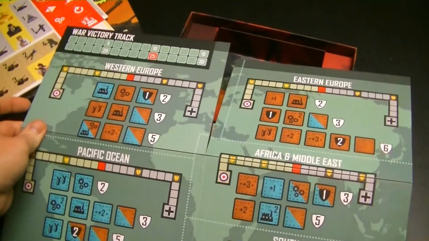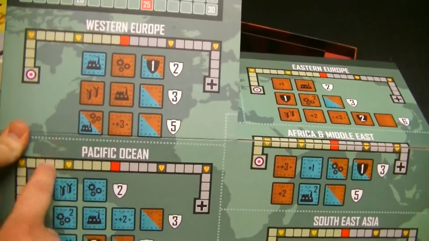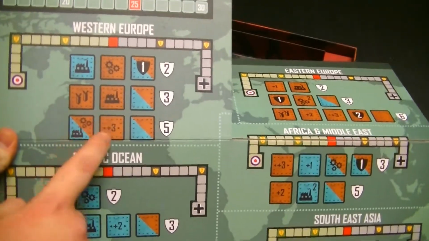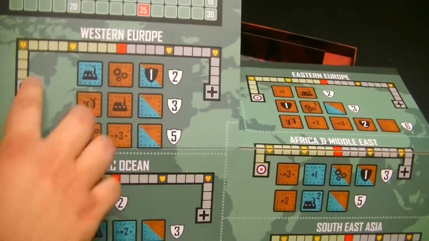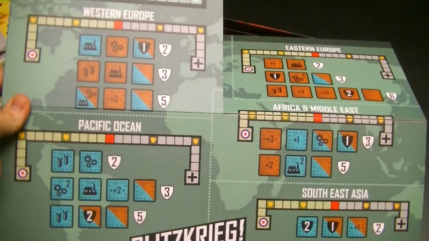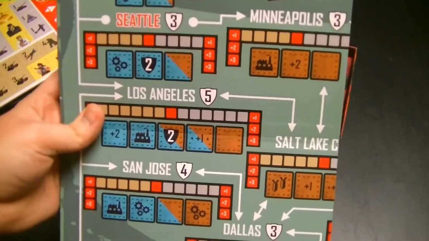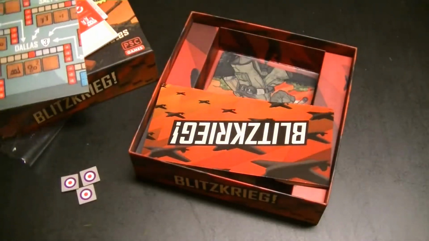It looks like you'll have spots to place those tiles that you draw from your bag. I think these will give you special abilities where you place them. And overall, you'll be playing a tug of war for these different areas on the map. But I like the board, I like the colors, some blue, some red,